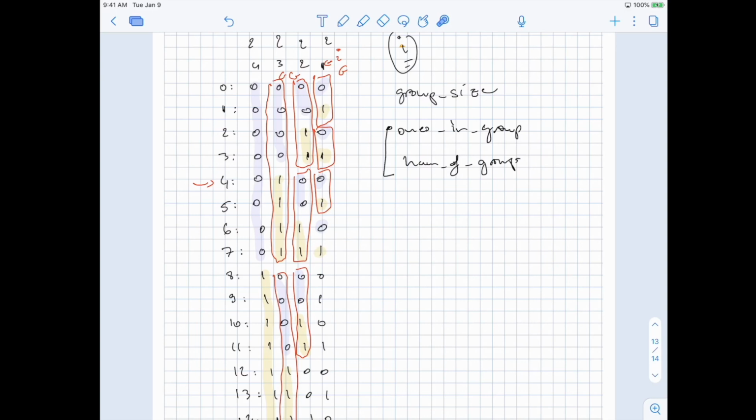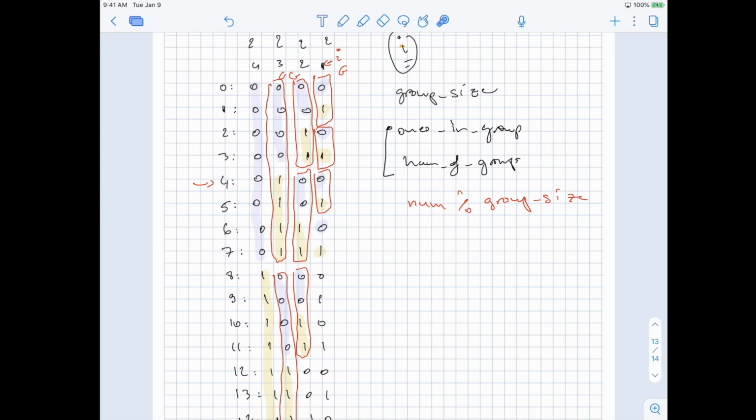Now, how do we do that? So let's think about that. To find the remainder, well, what do we need? Well, we need to know how many positions are remaining. So how do we do that? Well, we do that by just doing the number itself modulo the group size. Why is that? Because remember, the group size, for example, here is 2 in this first index I equal to 1. So how do we find for 4 how many we have? Well, we just take 4, modulo the group size,